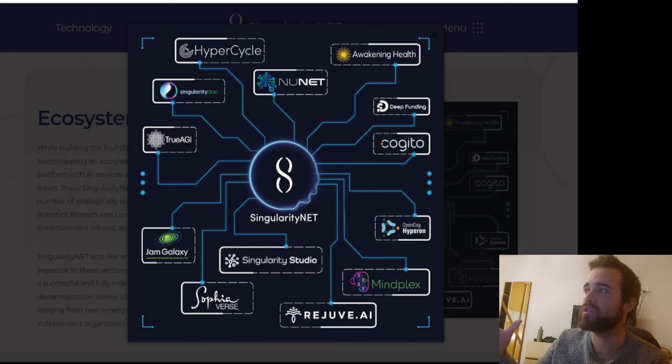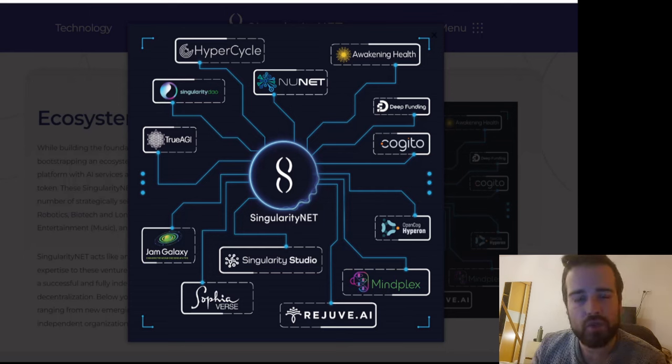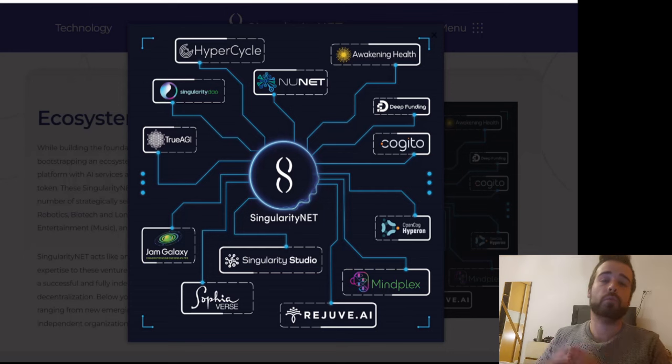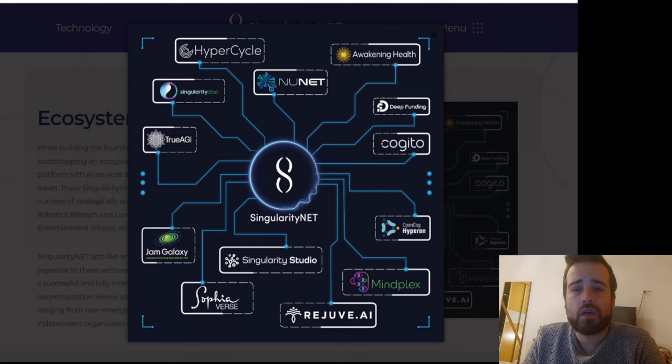It won't just try to share a specific view about a topic, it will take all the views in the world and create an opinion that is more fair, more unbiased, and more realistic to the reality that we have. Okay. With this summary, let's get straight to the point and take a look at the Singularity Net roadmap here. As you can see,